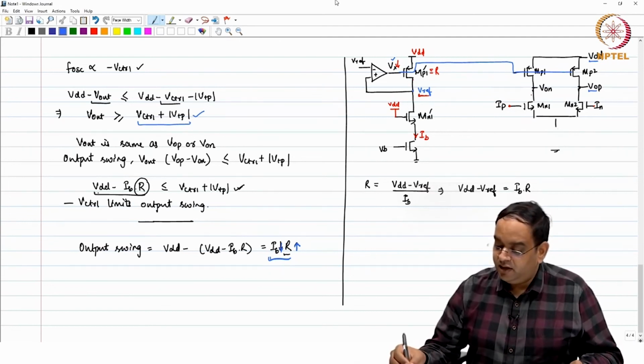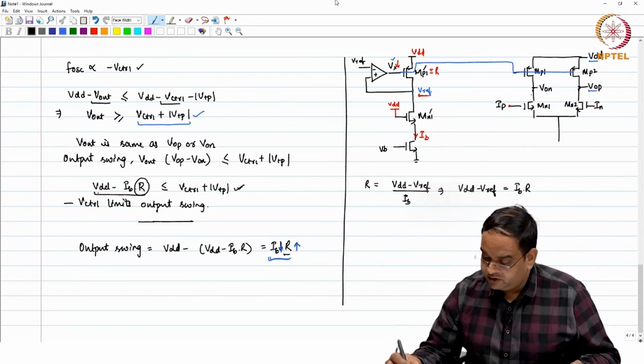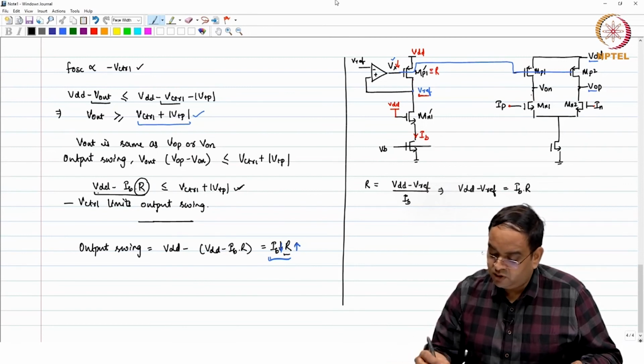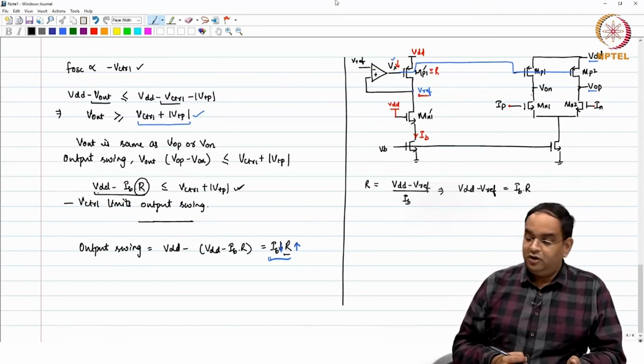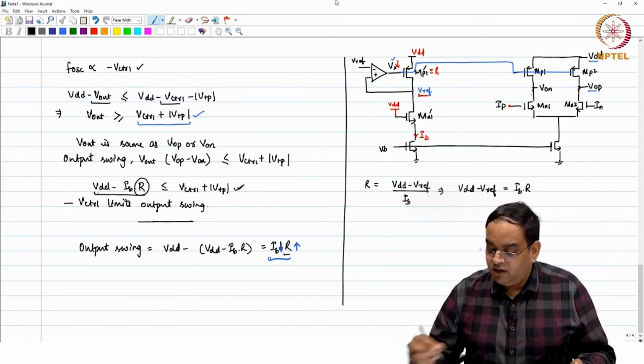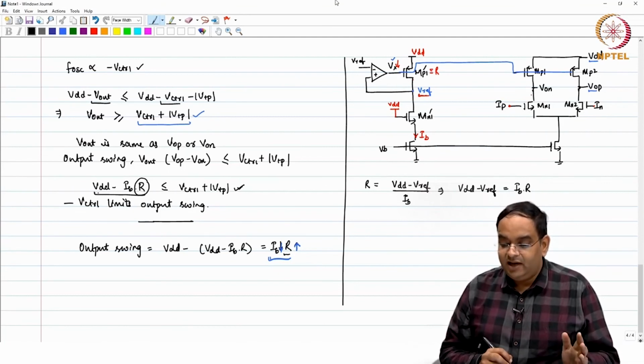And here you can have the same NMOS transistor to control the bias current. Okay. So, you can do this. Now, you can ask a question, well, what I have done is, I have actually